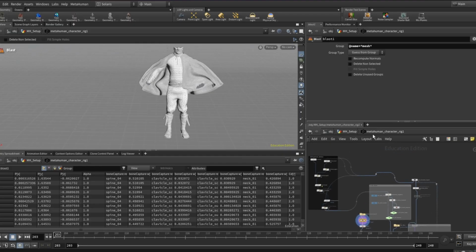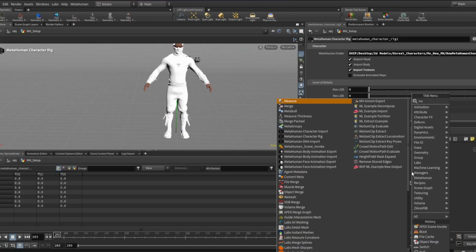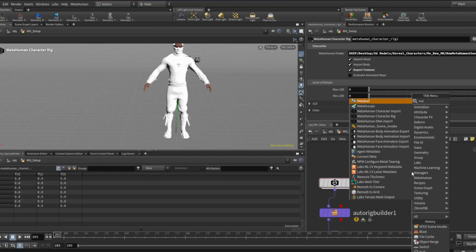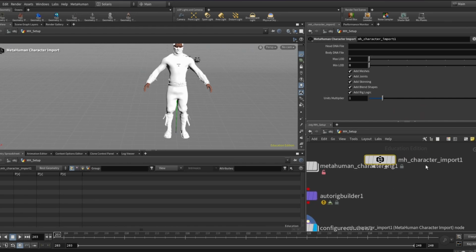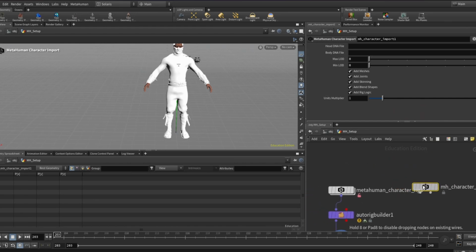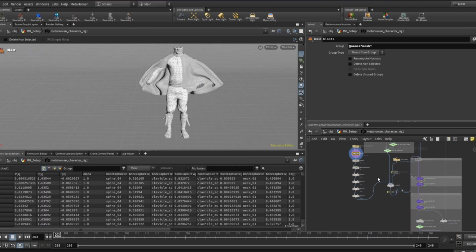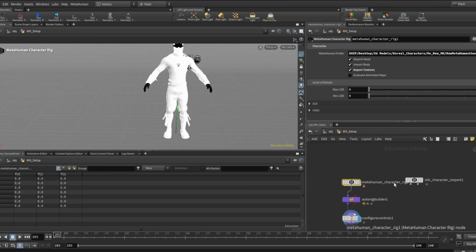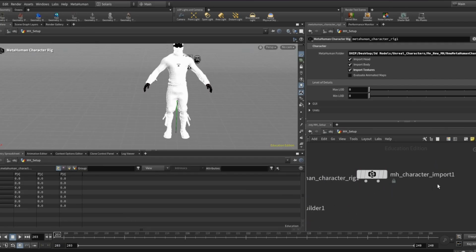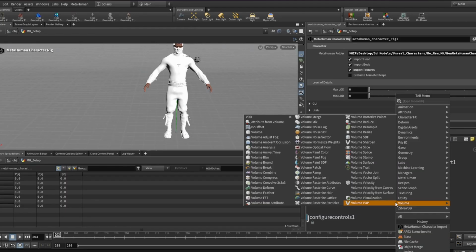I took the MetaHuman character import because I wanted to make sure that the clothes were the size of the actual MetaHuman when it's inside of Houdini. And so I used the MetaHuman character import, imported both the geo and the capture pose,